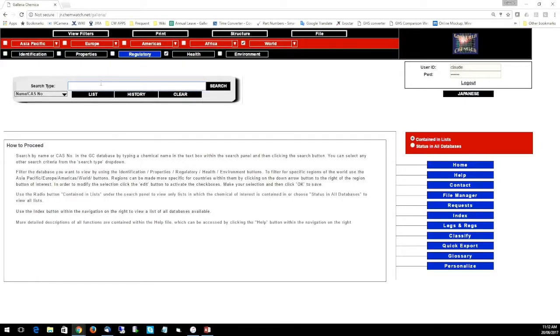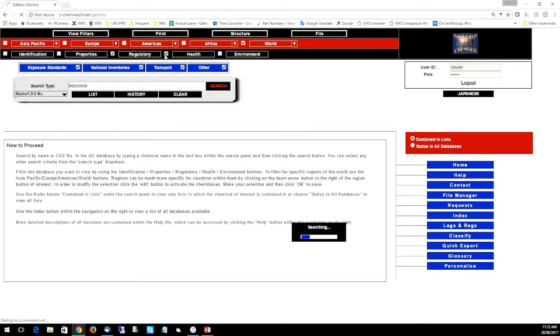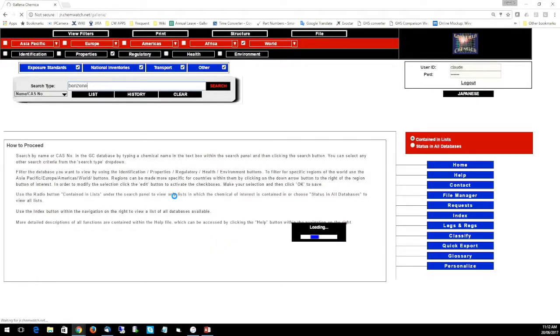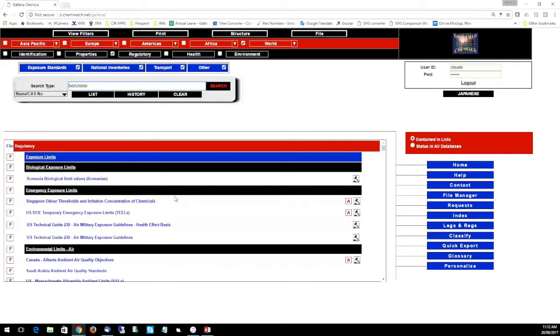So just starting, I can search for a chemical by name and I'll get a hit list of results and I can pick from these. But I'll just pick benzene, and immediately what happens is the program goes out and looks for all of the regulations, or all of the lists, I prefer to say, in the database that have benzene listed on it or make reference to benzene. Now you can see here from a list I have ticked the regulatory, and within regulatory there is 4 other